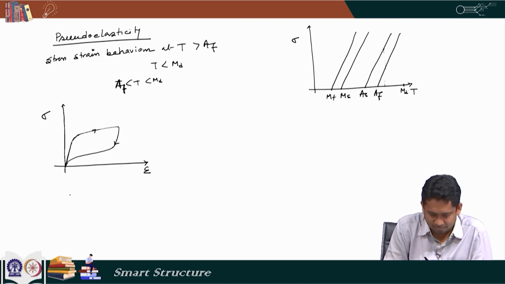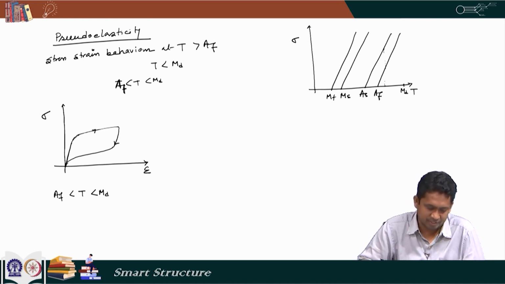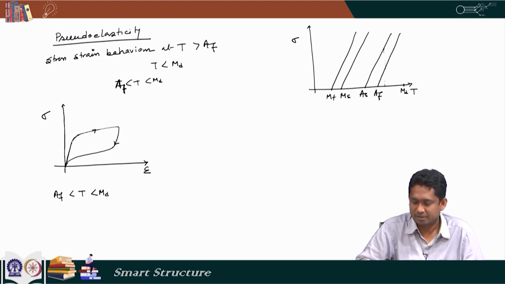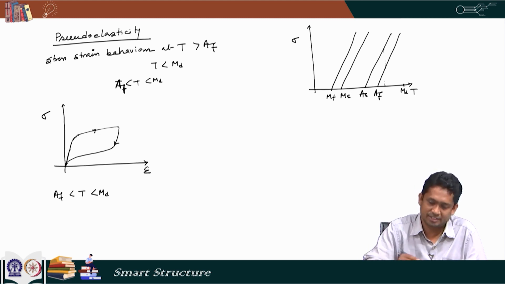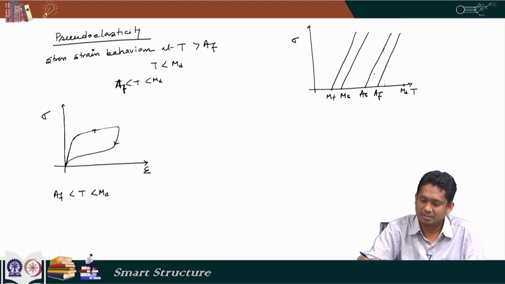So, this is when our temperature is between austenite finish temperature and MD. Now, suppose we are starting at a temperature between AS and AF. In that case also, assume that initially the material is austenite. So the initial part of the stress-strain diagram is the same, because initially it is austenite, then the martensite transformation takes place once the stress crosses these MS and MF lines,